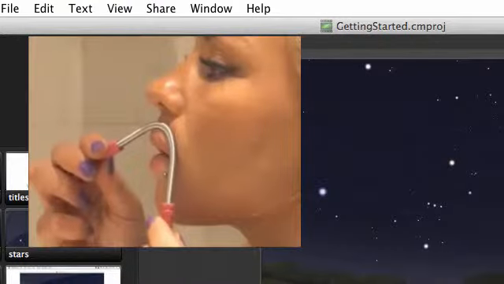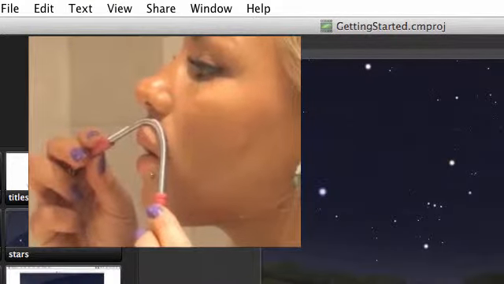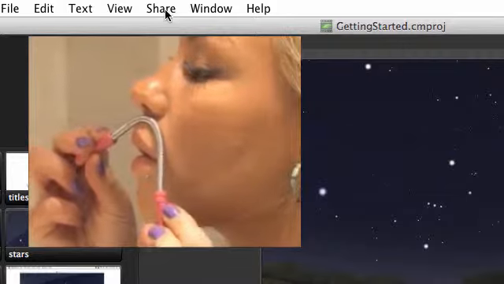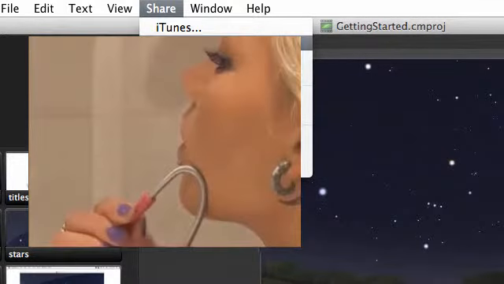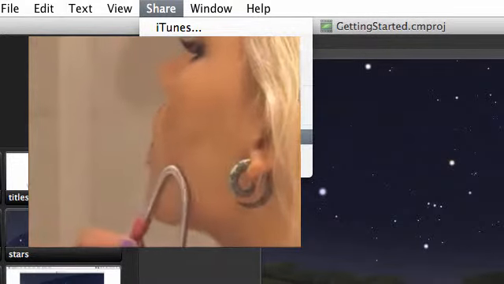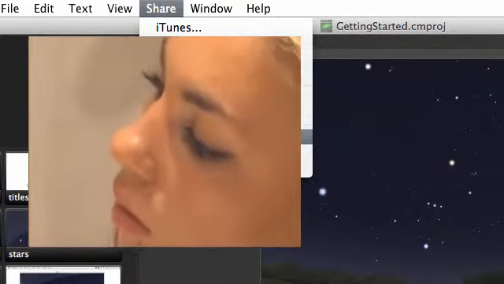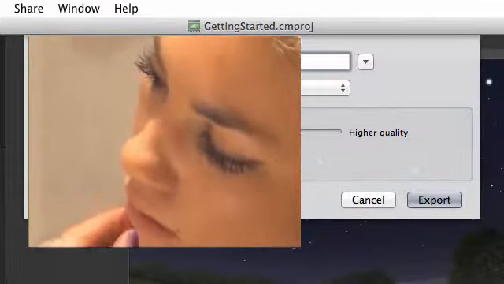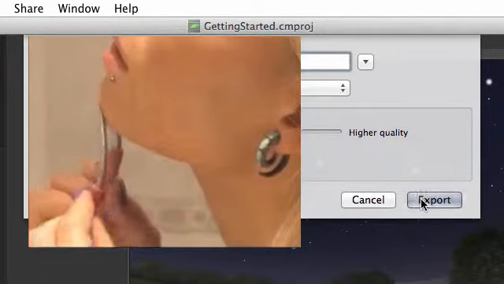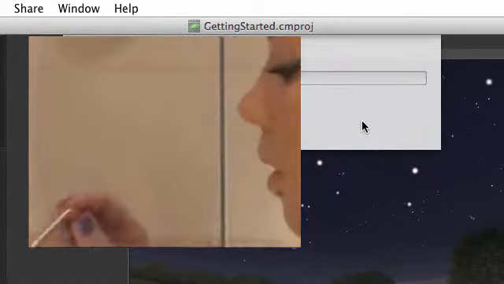At this point, even without editing, your video might be good enough to share with others. To do this, you go up to the Share menu and select your preferred output. Let's choose Export, which will give you an MP4 video file. This is great for viewing on most any device. Give your video a name and choose Export. Camtasia will export it,